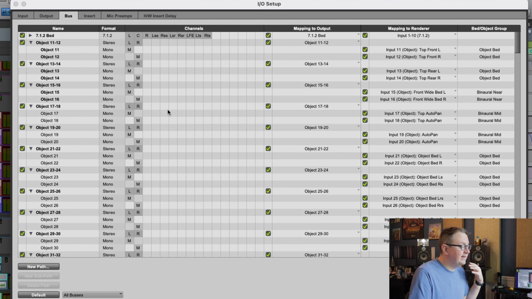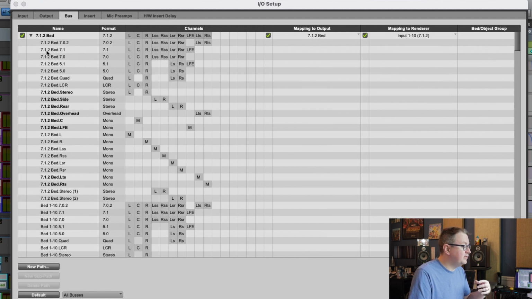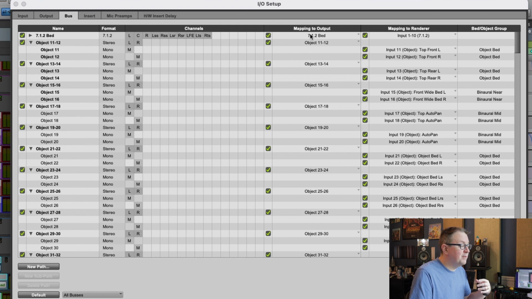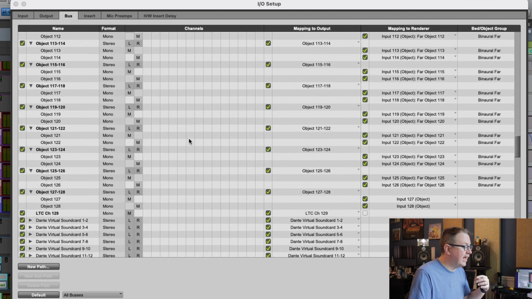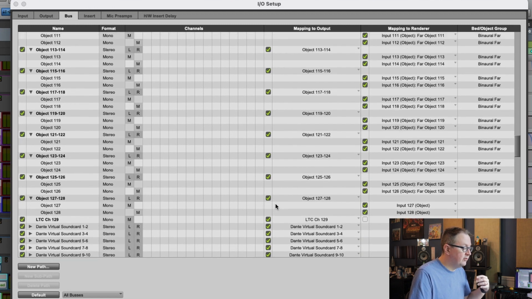But basically what I have set up in here is the bed, so the 7.1.2, and that's mapping to the output for the bed, which goes to the Dolby Atmos Bridge. I'm using the Dolby Atmos Bridge as my playback engine in here. And then I have objects set up and, most importantly, mapped for every output, so right up through 128, and then I get to do LTC on 129 because I'm using the Dolby Atmos